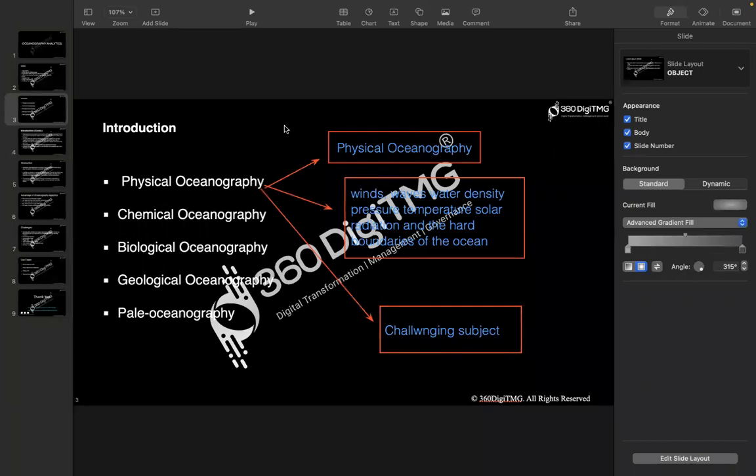So this was about the physical oceanography. We will discuss on that. In physical oceanography, we have studied the relationship between the ocean and physical properties, and we have discussed about